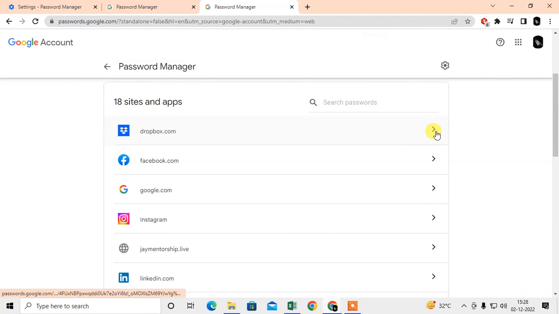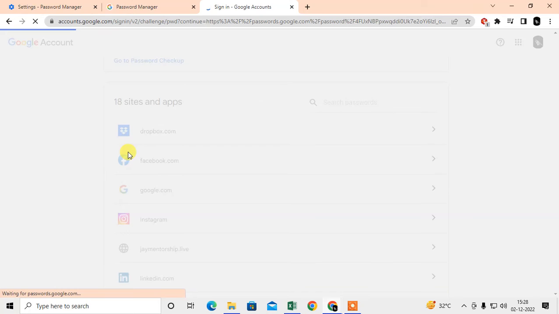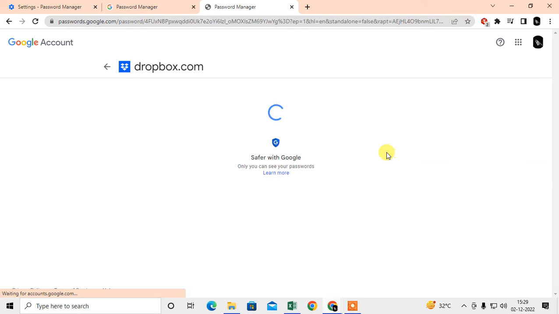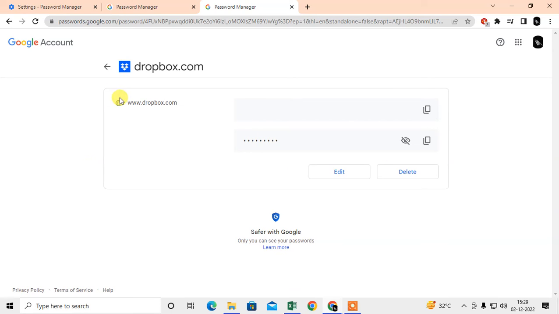You can see all your login information, like your website, your username, password, everything. We need to enter the password to view all the details, your current password. So just enter the password here. Okay, after you enter the password, you can see this is all your login information, and you can delete